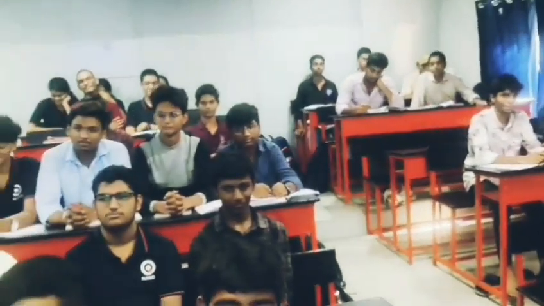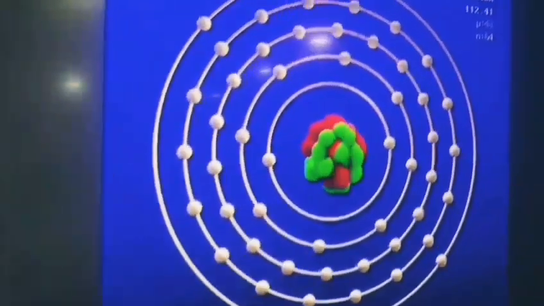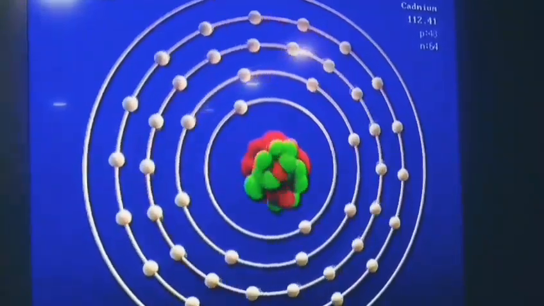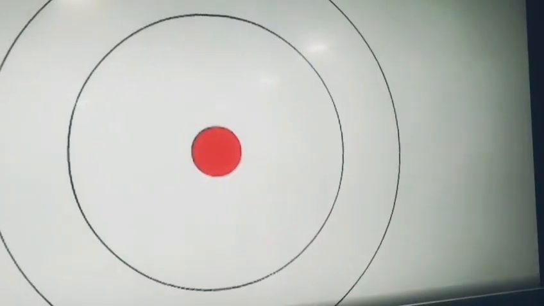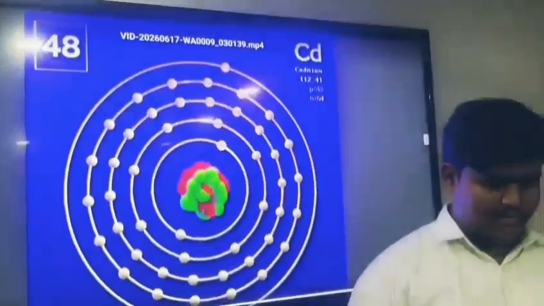Bohr's model is primarily used as an educational and simplified framework to visualize atomic structure, explain quantized electron energy levels, and calculate the wavelength of light emitted or absorbed by a single electron system. By this, we can understand that Bohr's model explains the distribution of electrons and the stability of the atom. However, it does not explain the fine spectrum of hydrogen.